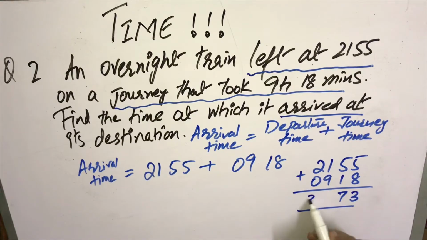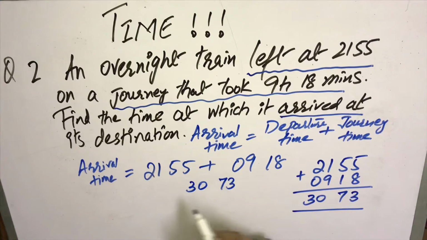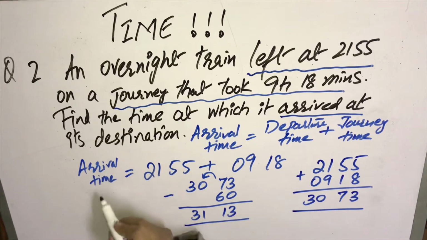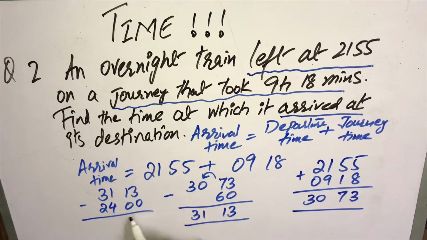21 plus 9 is 30 hours. So what we are going to do, we shall take this 30, 73. I shall first subtract 60 minutes from here. When I subtract 60 minutes, definitely I shall add 1 hour to it. So I shall have 31 hours and 13 minutes. And now when I have to convert my hours to less than 24, I shall subtract 24 from here. And I shall have 6 and 1, 7 hours.